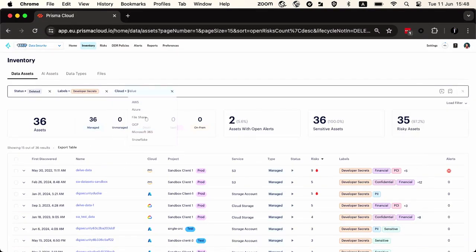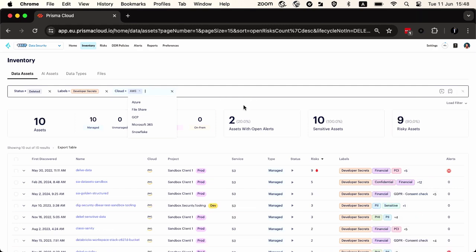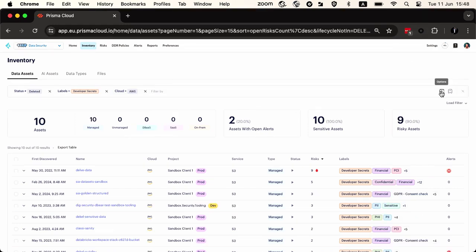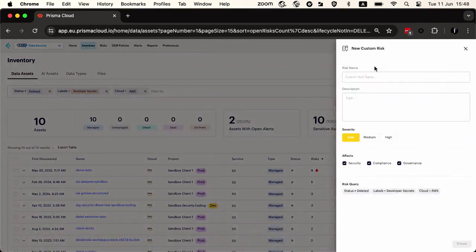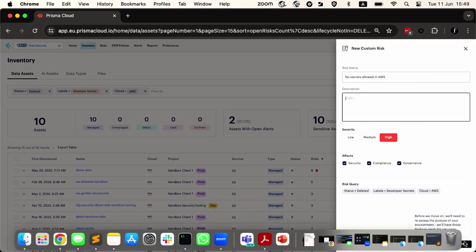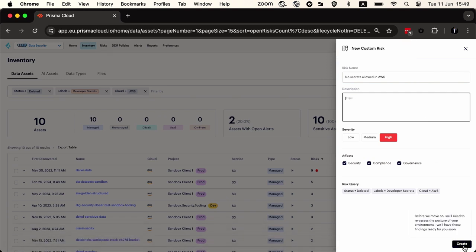So we can say, if we ever find a developer secret in our AWS environment, we want to automatically create a risk and say, no secrets allowed in AWS. We put it as a high risk and automate a process that will go automatically into our SOC. Very, very quickly, you can build your own types of data security policies across the organization.